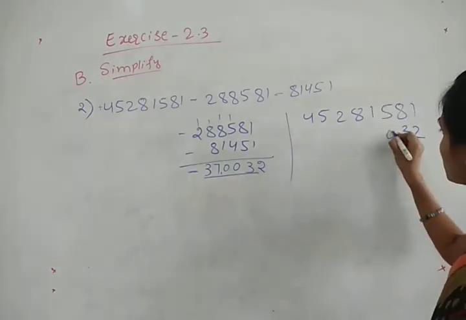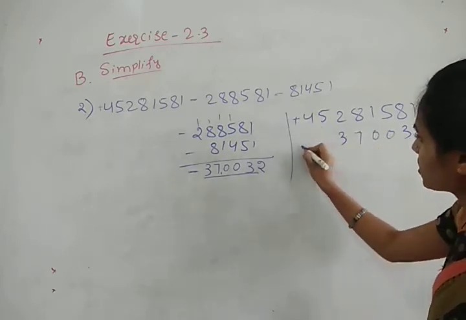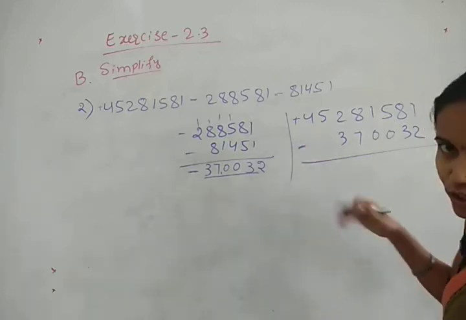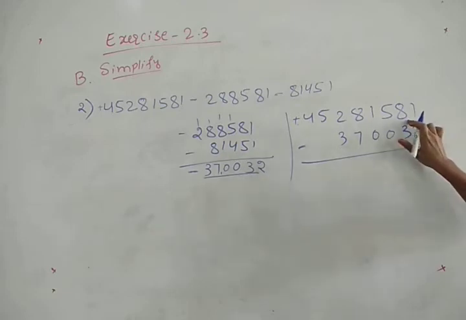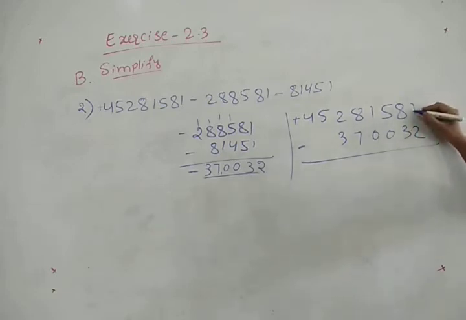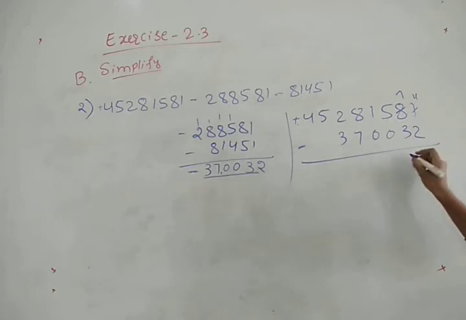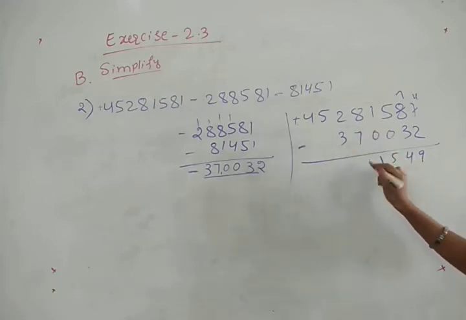See here, 230073. So this is plus, this is minus, which means here we are having opposite symbols, plus and minus, then we need to subtract. Okay, so here 1 minus 2 is not possible. For that I will take 1 borrow from this 8. Now it becomes 11. Okay, here we are left with 7. 11 minus 2 is 9. Okay, now 7 minus 3 is 4. Now 5 minus 0 is 5 only. 1 minus 0 is 1 only. 8 minus 7 is 1.